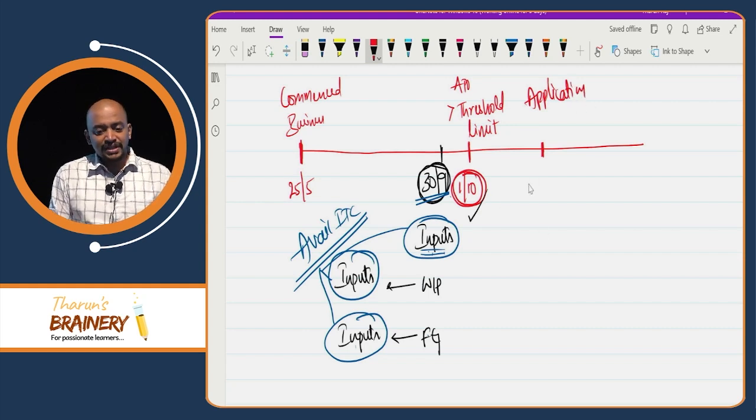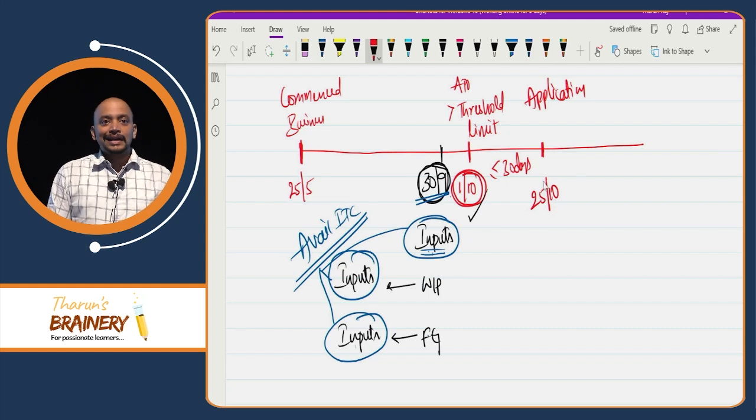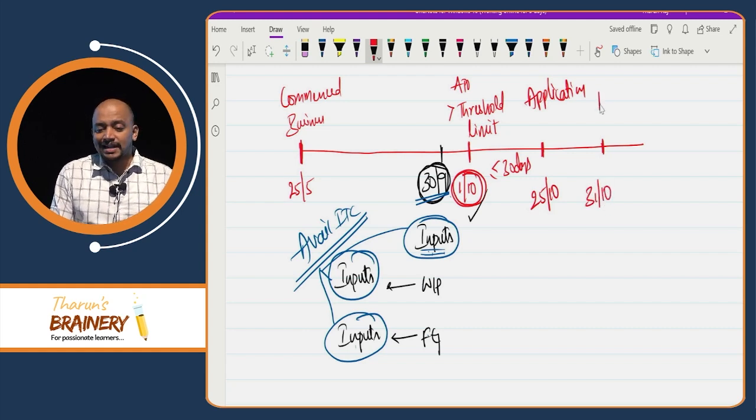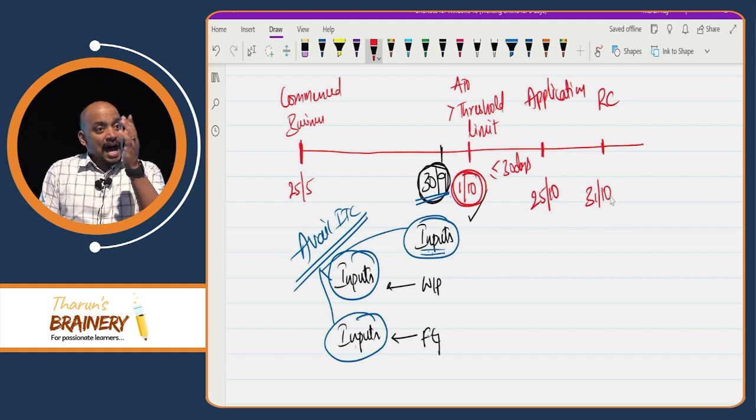Application for registration within 30 days. So say I made application for registration on 25th of October, and thereafter I got the registration certificate on say 31st October. Now after I get the registration certificate,